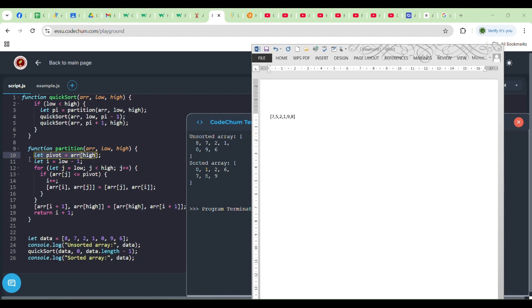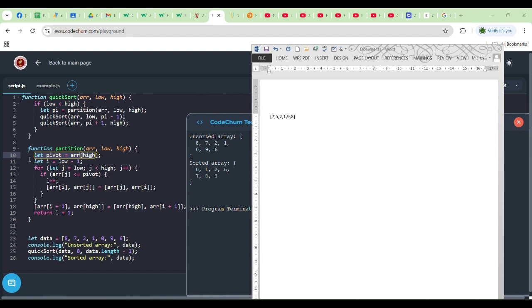It is relatively simple, but the con is that it is susceptible to the same worst case scenario as the first element strategy. The third one is random element. How it works? It selects a random element from the partition as the pivot. Its pros, it helps avoid worst case scenarios by reducing bias. Its cons, it requires additional randomness generation, which adds